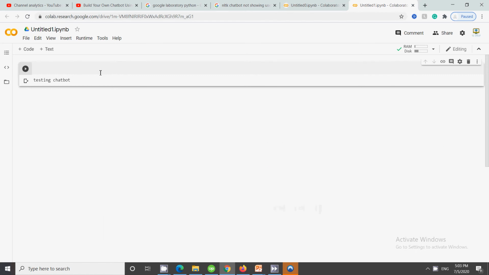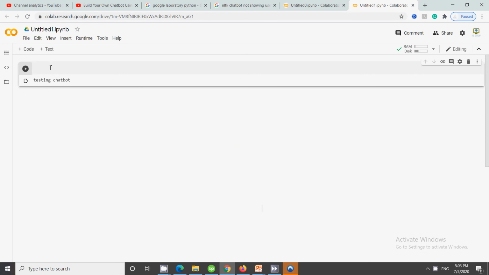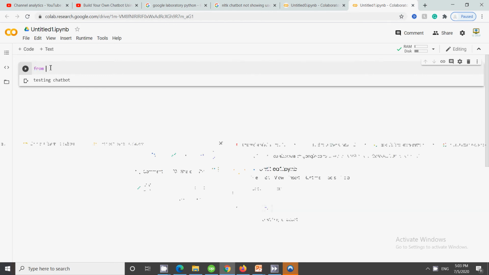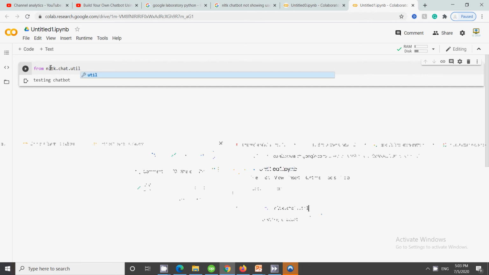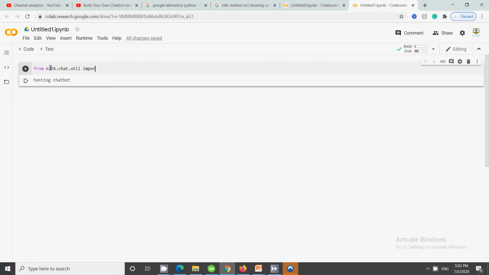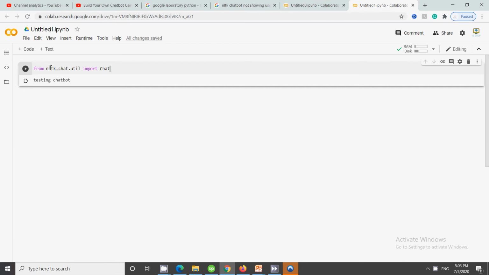In order to create a chatbot, you just need to import the important libraries that are present in Python. The main library is nltk.chat.util. This is the main module or library from where we will be importing chat. Once we have chat imported, we can start doing the coding.